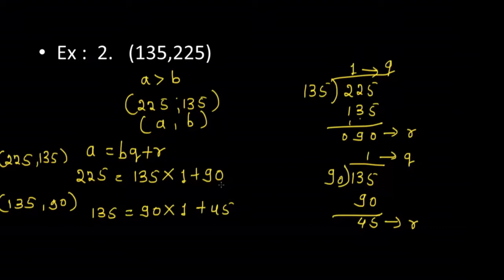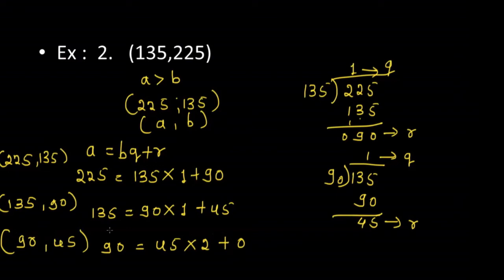After this, we can continue the same step because we have not got the value of R as 0. Up to where we get the value of R as 0, we have to continue the same step. Here again you have to consider the value of B, 90, as the value of A and the value of R, 45, as B here. So apply the same process. 45 2s are 90. That is, 90 can be written as 45 2s are 90 plus 0. This 90 can be completely divided by 45 to get the quotient as 2 and the remainder as 0 here.